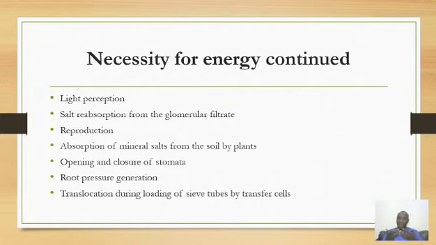Plants open and close stomata. Opening and closure of stomata also requires the use of energy. Remember, we looked at the mechanisms of stomata opening and closure. There is one where we talked of the ionic theory, the potassium ions moving into the guard cells. Their inward movement into the guard cells occurs by active transport using energy. When they enter the guard cells, remember those changes that occur,